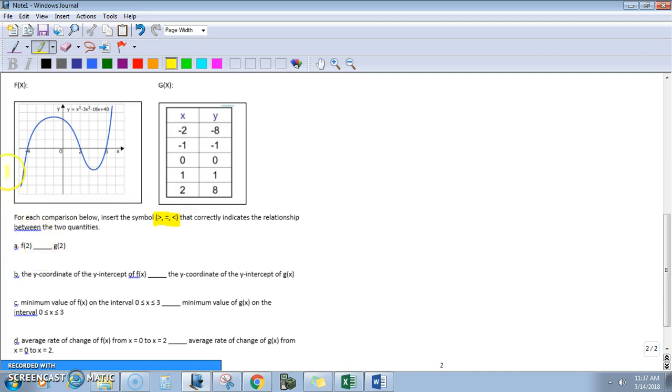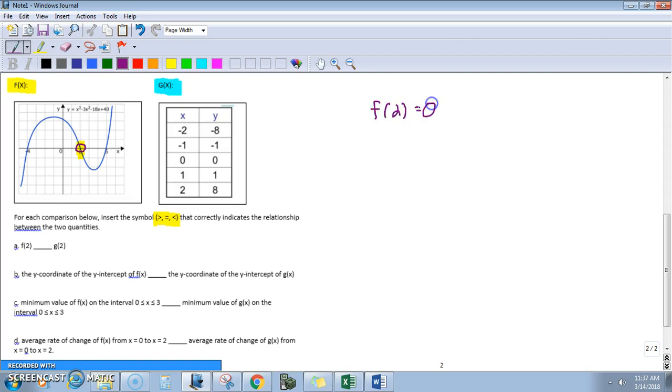So we have f of x, the function that I have a graph for, and g of x, the function that I have a table for. If we look at f of 2, what that means is I go to the graph and I find x is 2 and I figure out where the function is. And as you can see, at x equals 2, the function is 0. Okay? So f of 2